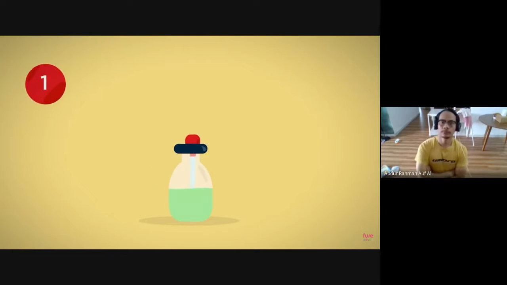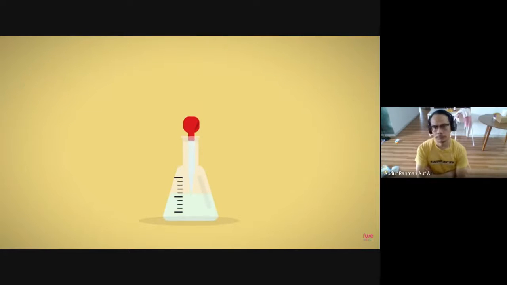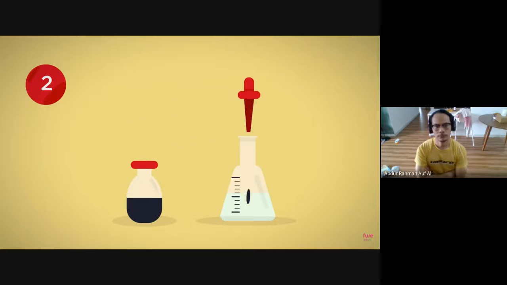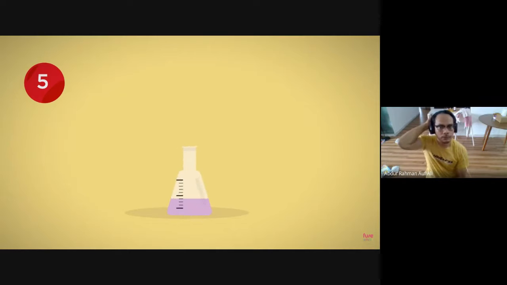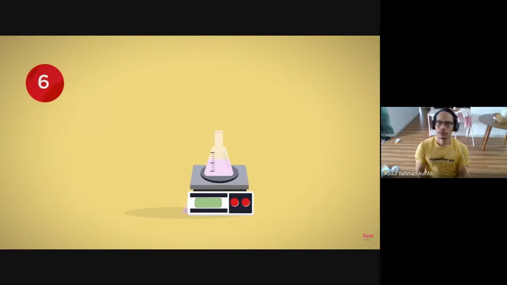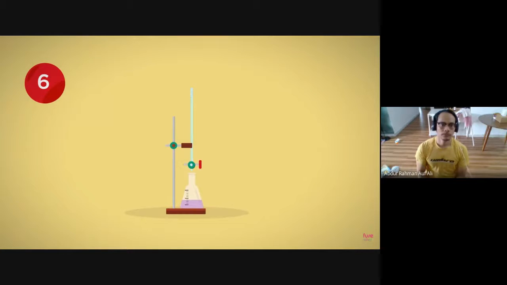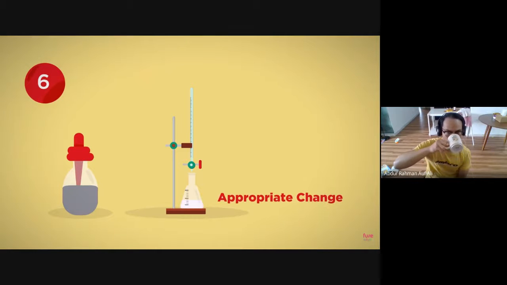1. Using the pipette, add a set volume of the unknown solution to a clean conical flask. 2. You may also need to add a few drops of indicator. 3. Fill the burette with the known solution and make sure it is leveled off at exactly 0. 4. Slowly add the solution from the burette to the unknown solution in the conical flask. 5. You may need to swirl the flask to mix or use a stir plate. 6. Stop adding when the reaction is complete or the endpoint is reached. This is where an indicator may help you because there would be an appropriate color change.